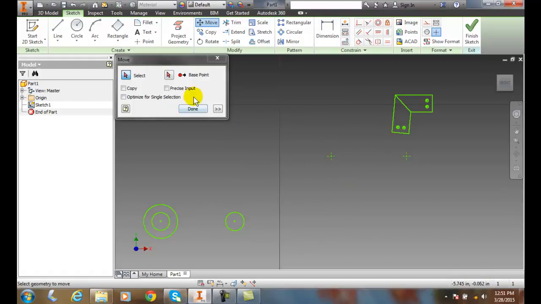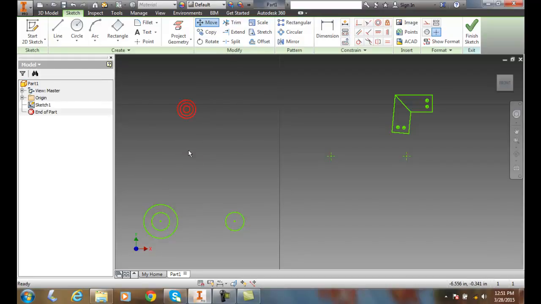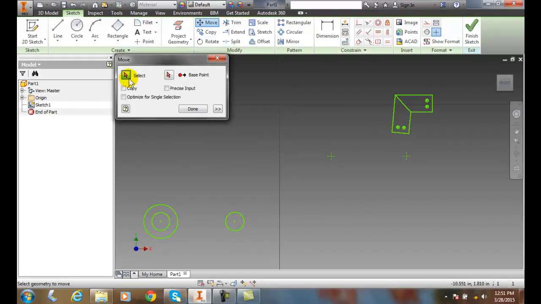Also, let's do that again. I'll say done, sorry. And now I'm going to do it again, and I'm going to come here and say move. I'm going to say select, and I'm going to select, I'm going to come down here and pick on this circle. I'm going to pick a base point of the center of this circle, these concentric circles,